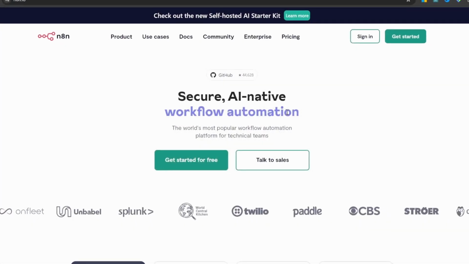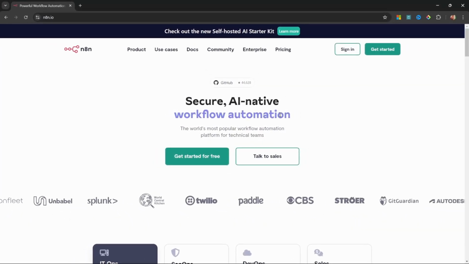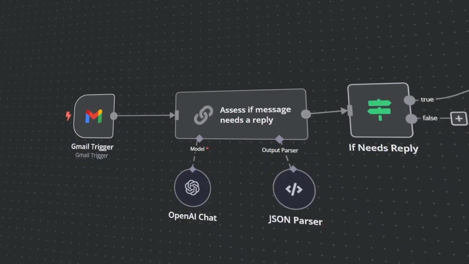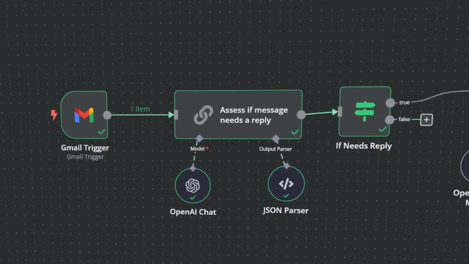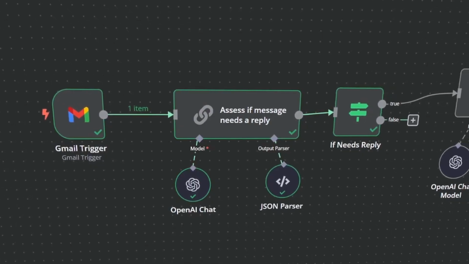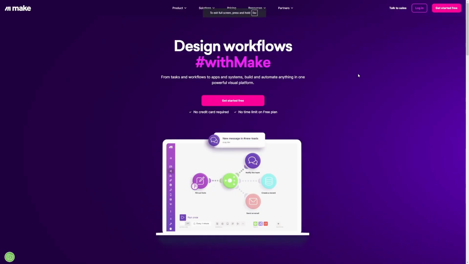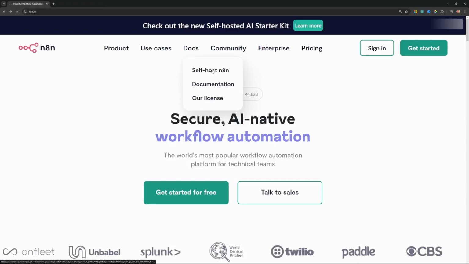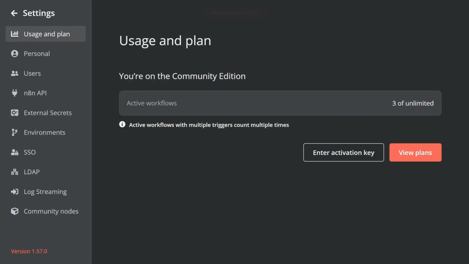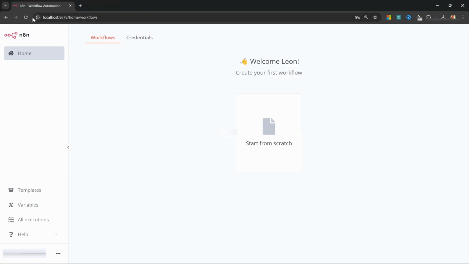In this complete tutorial series, you will learn how to use N8N to automate everyday tasks and improve your productivity. N8N is an open source platform that lets you design powerful workflow automations with a sleek, intuitive interface. Unlike Zapier, Power Automate, and Make.com, N8N's open source nature gives you full control. You can self-host it and create unlimited automations without constraints. Or you can simply run N8N locally on your own machine absolutely free.